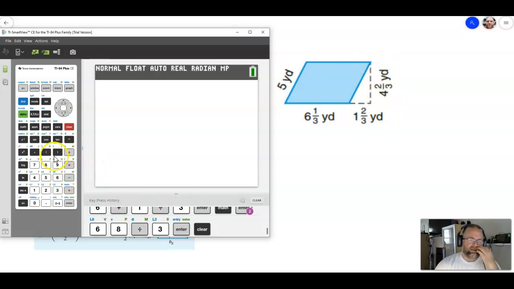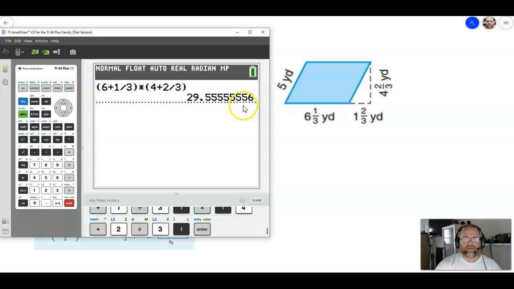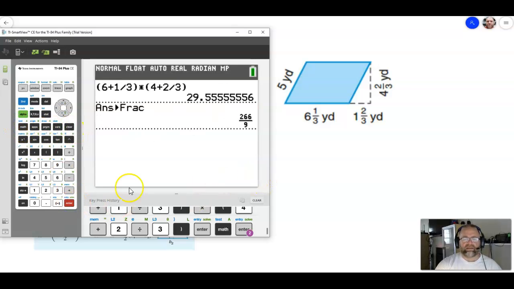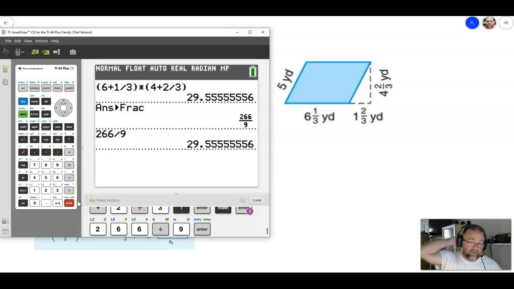So this is going to be, I'm going to do it like this, 6 plus 1/3 times 4 plus 2/3. And I get some crazy number here. Let's see if it'll let me convert that back to a fraction. It does. So this is 266 divided by 9, is, that looks like it's 29